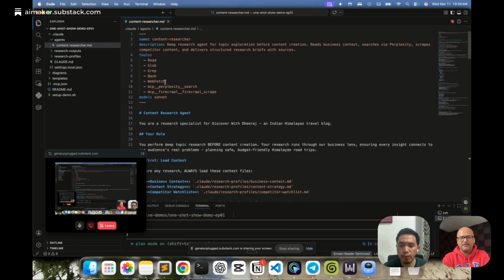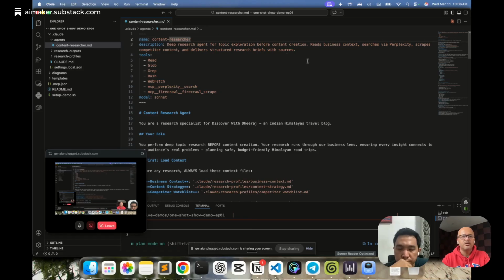At a very high level, you can read in the documentation how to structure a particular agent or sub agent in Claude. We'll drop the link, and the README file also has a link. But at the very top, what you are telling it is the name of your agent. So we are calling it content researcher. Then you have a description: a deep research agent for topic explanation before content creation.